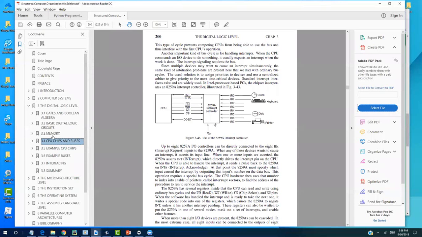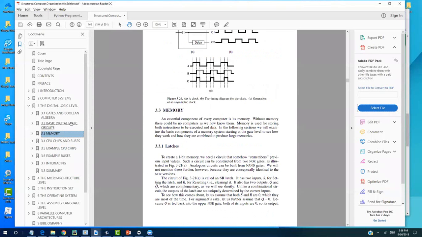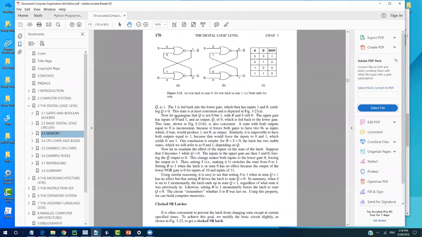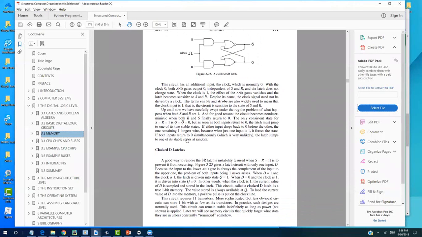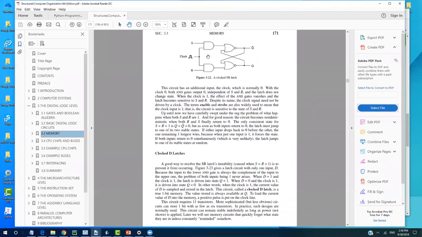Okay, go back to the previous memory part. Okay, this is SR latch. The next one is actually called D latch. So D latch, the original S and R are in here, S and R, right? So now let's say S old, okay? So this new S and